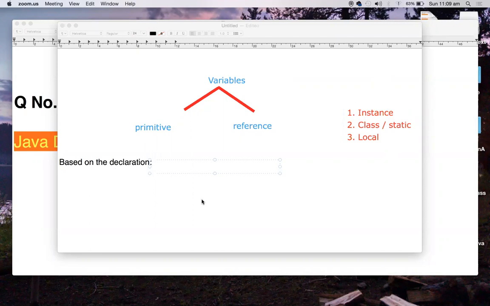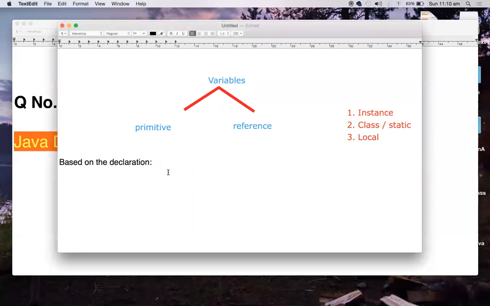Based on the declaration, we have three kinds of variables. And one more thing, each of these three can be either primitive or reference. So an instance variable can be a primitive variable, and an instance variable can also be a reference variable. Those things we are going to understand now.